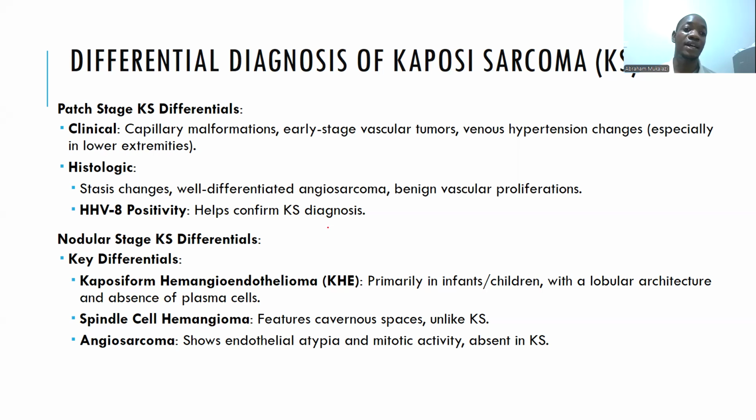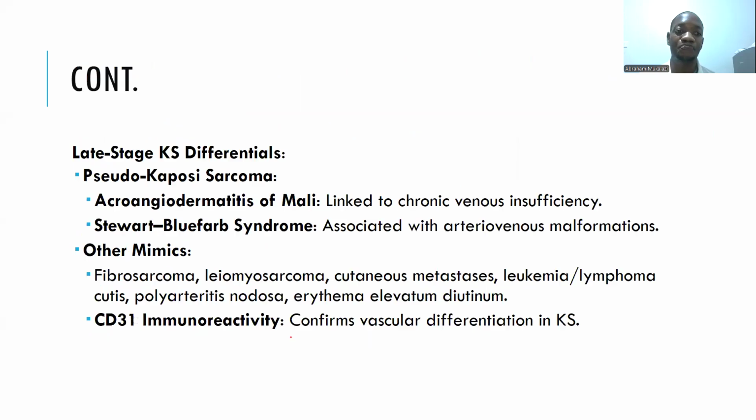You have to distinguish it from other things like bacillary angiomatosis, other things like pyogenic granuloma. So all these things can give you a similar picture, even spindle cell hemangioma and angiosarcoma. If it relates to KS, you have to distinguish it from pseudo-Kaposi sarcoma. You have to distinguish it from Stewart-Bluefarb syndrome and other mimickers like fibrosarcoma, leiomyosarcoma, and cutaneous metastasis from other solid tumors. So in this case, we need to do a lot of investigations to confirm and rule out all